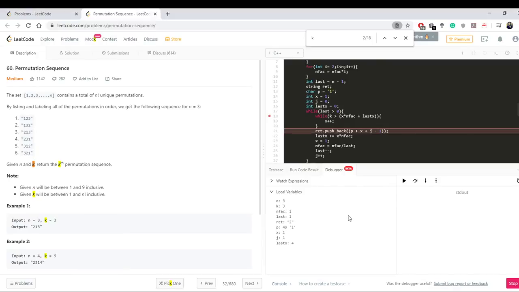So is 1 times 2 plus 0 less than 3? Yes, 2 is less than 3. So we go to the second subset. Now the cap of the second subset is 2 times 2, it's 4, plus 0. So is it less than 3? 4 is less than 3? Nope. So we go out, we set last x as,